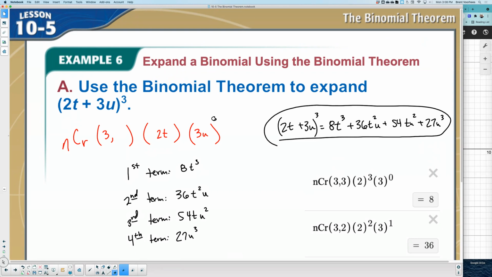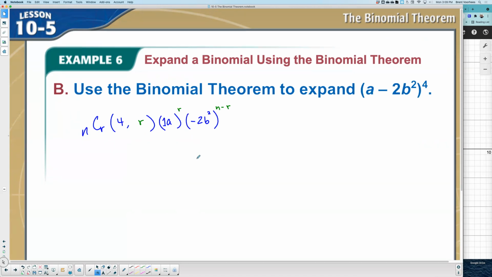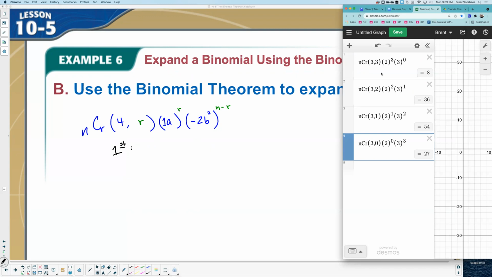So I do it off the winning value, and I'm going to call r the number of wins. So the number of losses would be total plays minus wins. And so that's our formula. And if we wanted to write all these out in terms, the first term, again, I'm not going to do all of them this time. The first term, we would have 4. This would be winning all 4 times. My value is just 1a, so whoops, 1 there, and a -2,